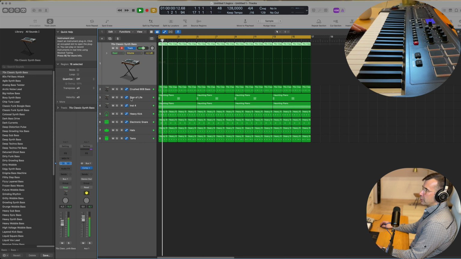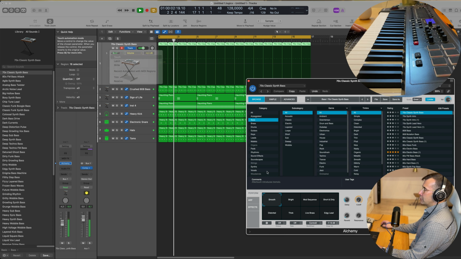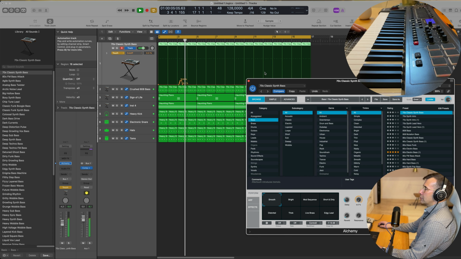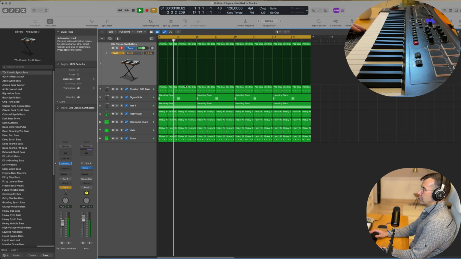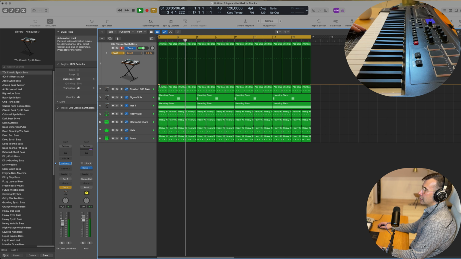You know, this bass that we could always, let's say, we're going to put it on touch, so that we want to play a bit more, create some variation here and there. We're going to do it every